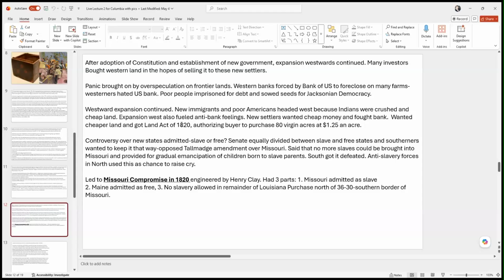What they basically do in Congress is when these territories need to come into the country as states, they wait until there's two of them. And then they would admit them as one slave state and one free state. So the Missouri Compromise in 1820 begins this. Missouri comes in as a slave state, and to offset that, Maine comes in as a free state. And this begins this process of compromising to try to retain that balance in the Senate between slave and free states.